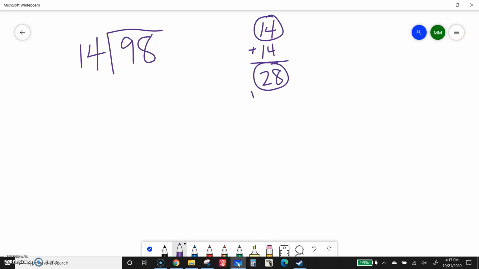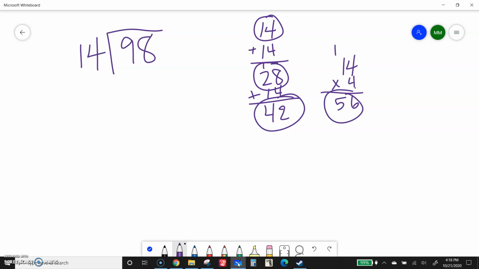28 plus 14. Now, if you would rather do 14 times 2, 14 times 3, 14 times 4, and figure them out that way, that is another option. I've found more students like to do it this way, so that's why I showed this way. But if you'd rather say, okay, that was the third one, now I want to do 14 times 4, the fourth or fifth one. Now I have 14 times 5. 4 times 5 is 20,